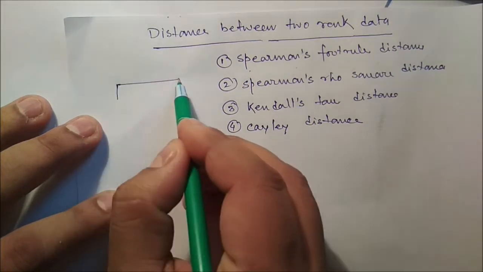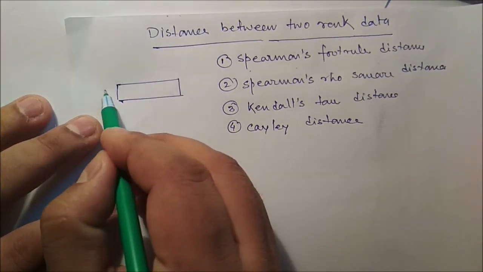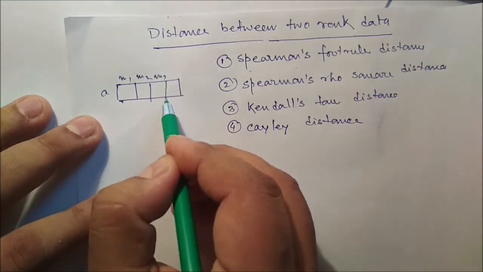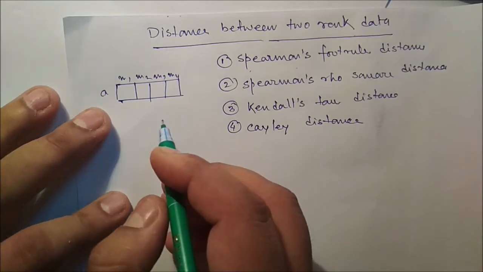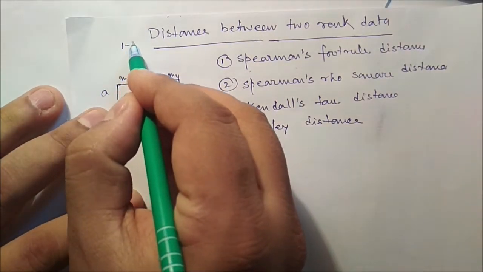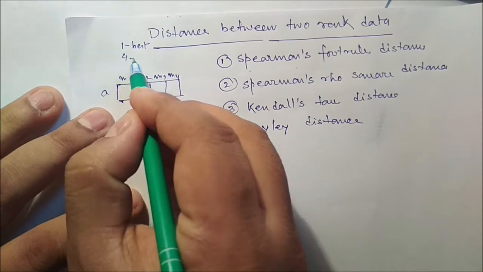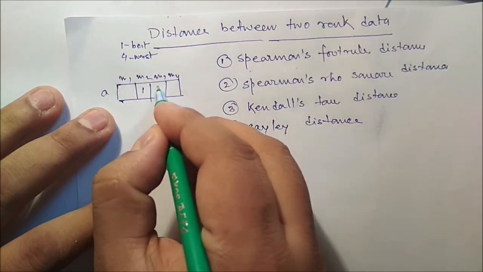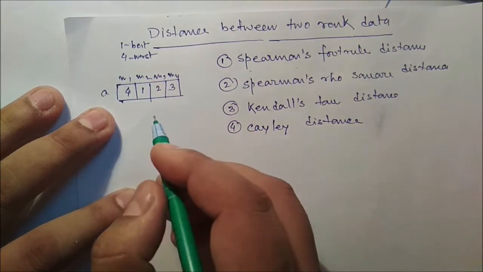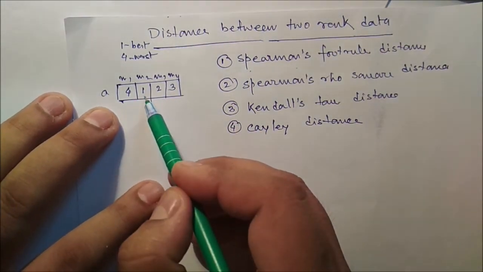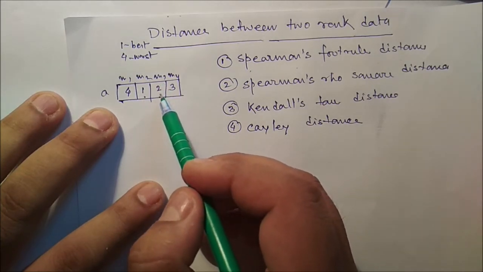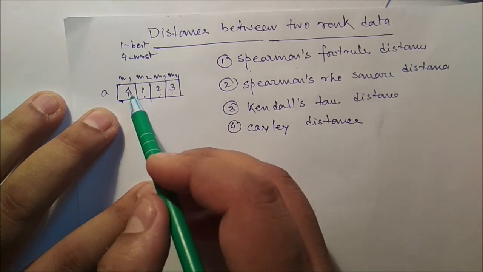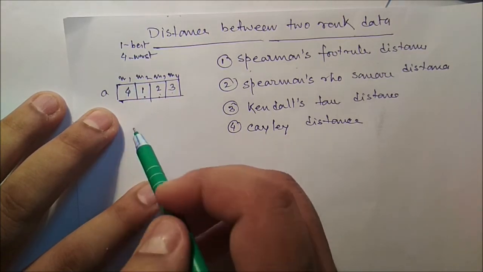Sometimes we give feedback on movies, say movie 1, movie 2, movie 3 and movie 4. Four movies are there. Say 1 may be the best movie and 4 the worst. So we may put 1, 2, 3, 4. That means the best movie is movie 2, the second best is movie 3, the third best is movie 4, and the fourth best is movie 1.